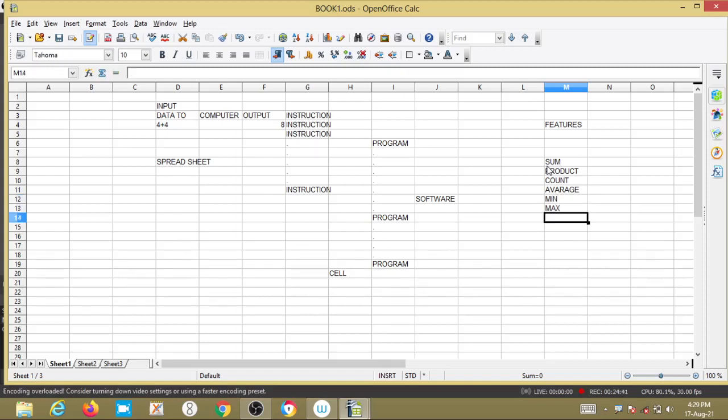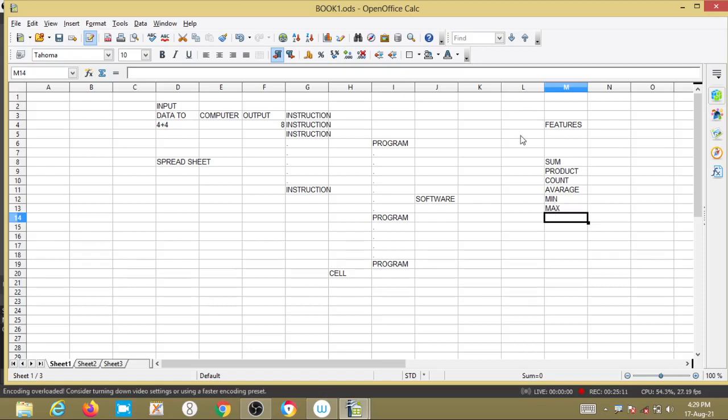Here, sum means addition of the values, two values, and product means multiplication of the values. Count means how many cells are filled, that count it will give. Average means, as you know, in your marks the average percentage we can calculate.